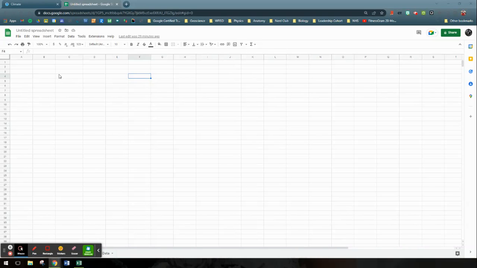But I'm going to show some actual practical steps for how to do things like enter data, how to manipulate data, as well as how to insert basic graphs and share data, which students will be doing often throughout this course. So to begin, just to set some ground rules, the cells are each individual box,